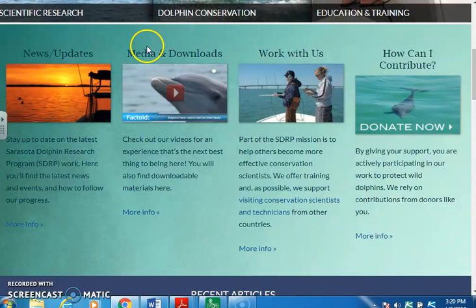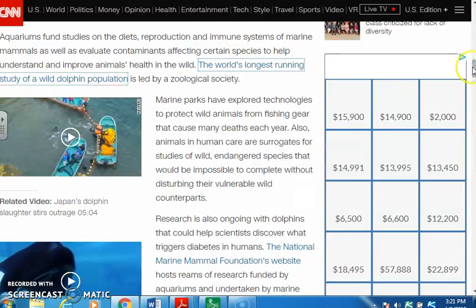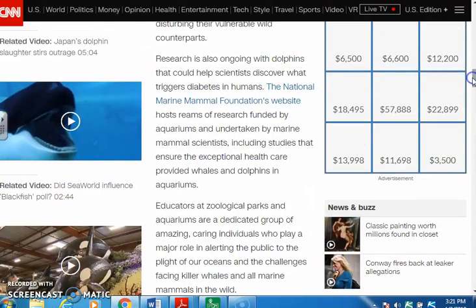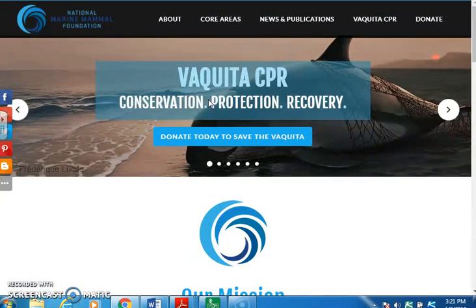You have media, news and updates, and that doesn't mean everything on their website is legitimate, but it's yet another place to look. Also, in the same CNN article, they start talking about research that's ongoing with dolphins through the National Marine Mammals Foundation website. So this would be something as well to look at. Now this is a .org, and we're going to talk about .org in just a minute.